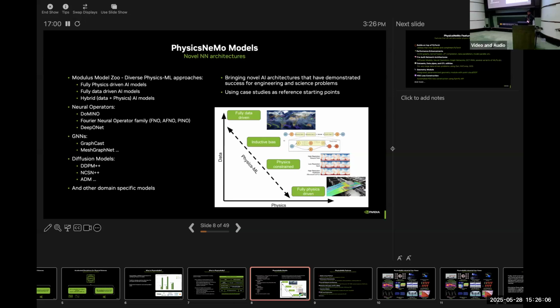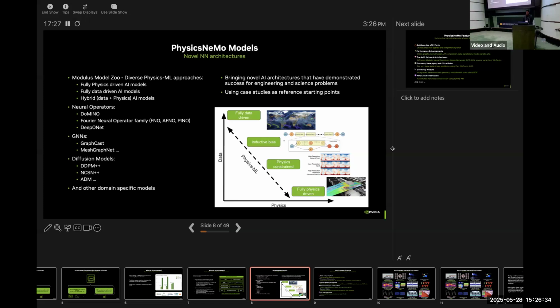And then you have data, where you are operating with data coming in from different simulations and different experiments, and you are training models to capture the physics from there. We aim to provide models that work across this spectrum. Some of these models have some inductive bias about the problem built into them. Things like these operators are in that category.